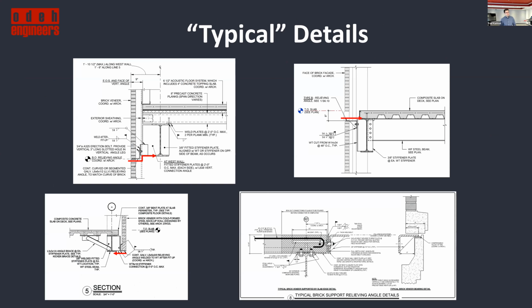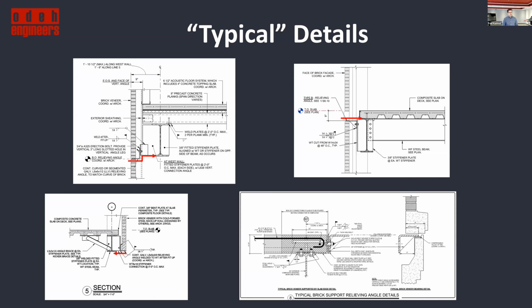We've all designed and detailed with these typical details. And it's time that we get away from these typical details, because you can see each one of these details, all of which I have drawn, and there's that continuous relieving angle that's penetrating the building envelope. That's that linear transmittance, those pictures that Jim was showing you, encouraging you to get your thermal camera and explore these. And what I want to express here is it really does not take that much effort to avoid detailing